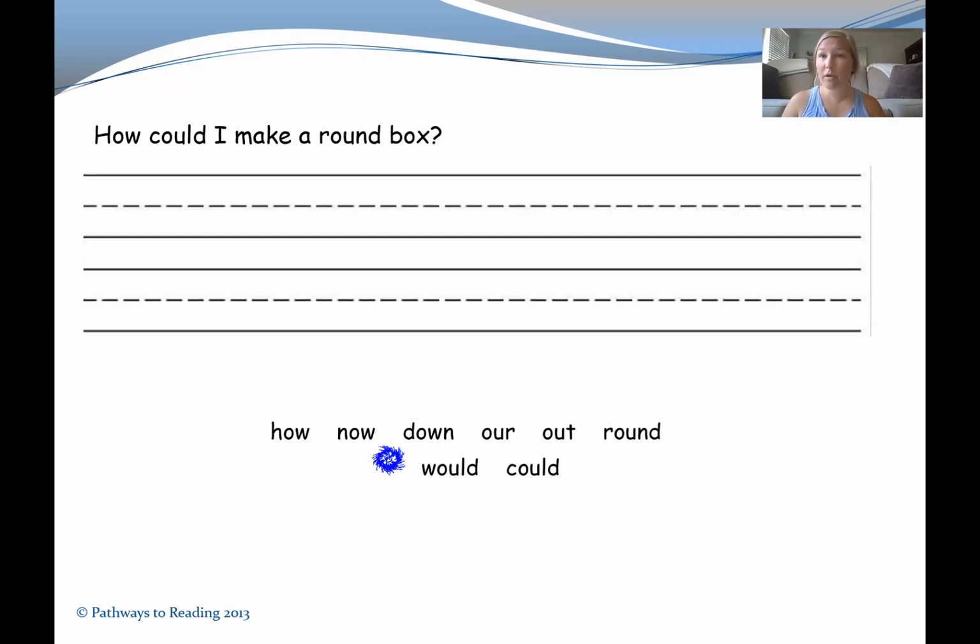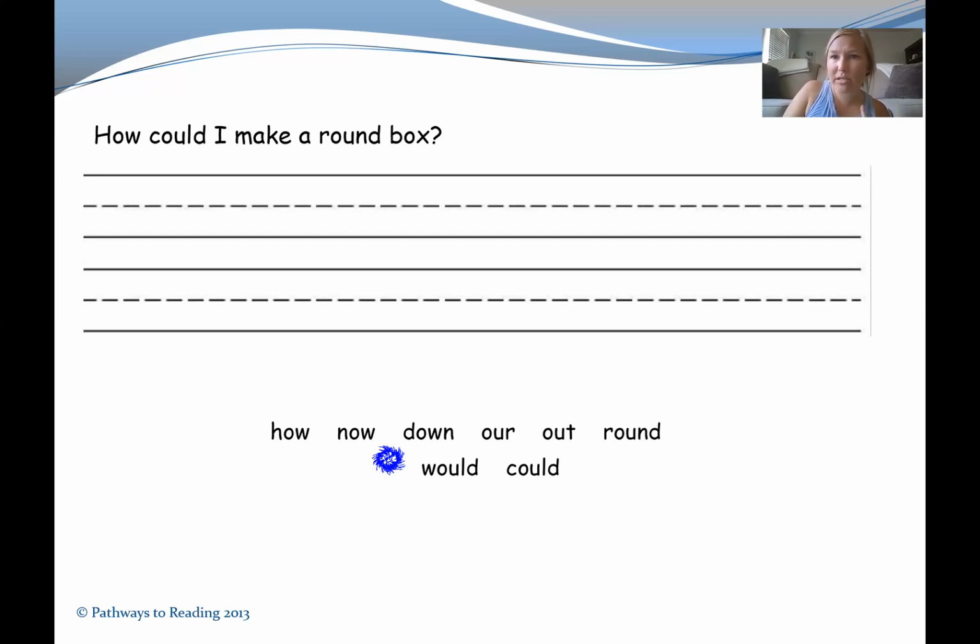And I'm going to move on. So if you are not done writing the sentence, go ahead and pause the video, okay? Our second line is normally used to describe a second sentence. So what that means is that we're missing something. This is a question. We're missing a part of this story. So the story is, how can I make a round box? Well, that doesn't really make a ton of sense. So what detail do you think we need to add? If someone was reading this and we added just one more sentence, what could kind of be added to this